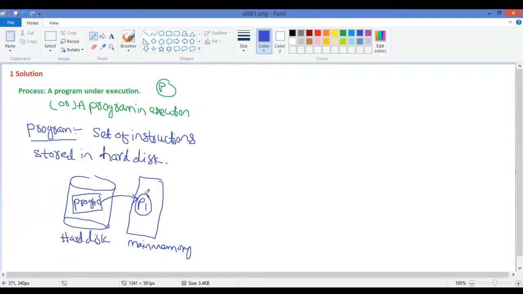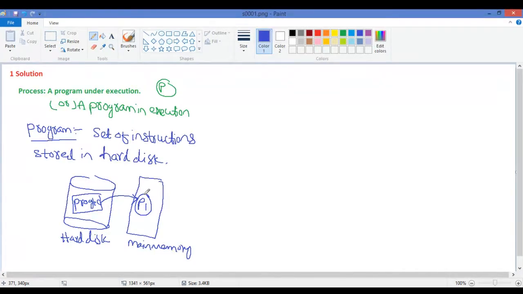My Computer is a program, and you have many icons on your desktop. All these are programs. But when you double click on them, they open. What is happening is that the operating system goes and loads that program from the hard disk into the main memory, and you will see that window open. It means the program has been loaded into the memory and it has become a process, and the process is now executing.